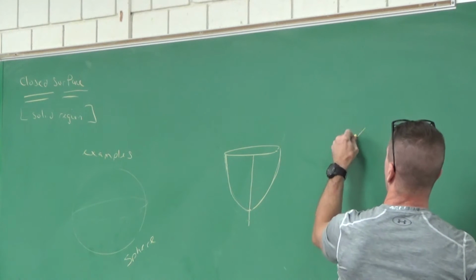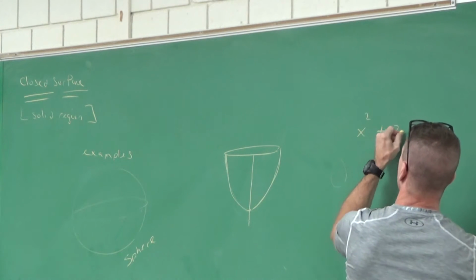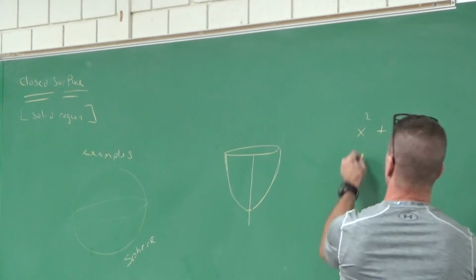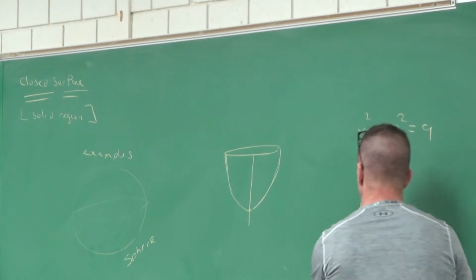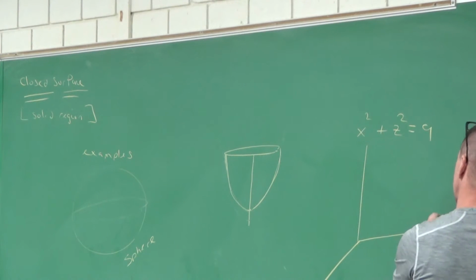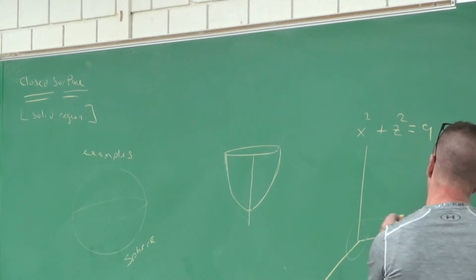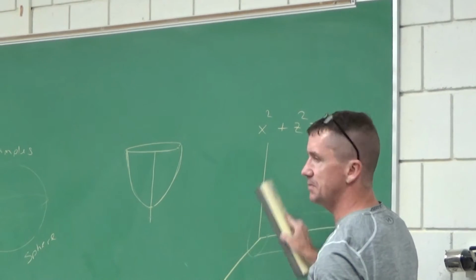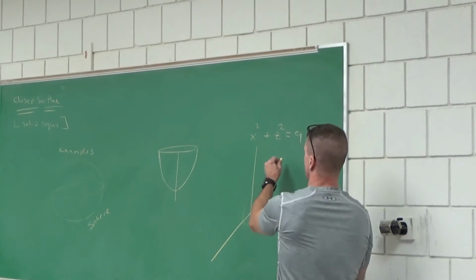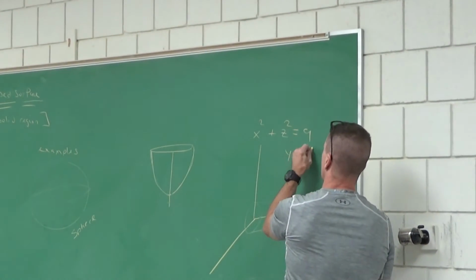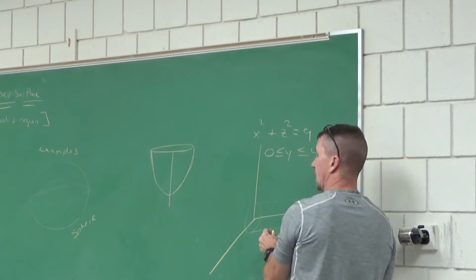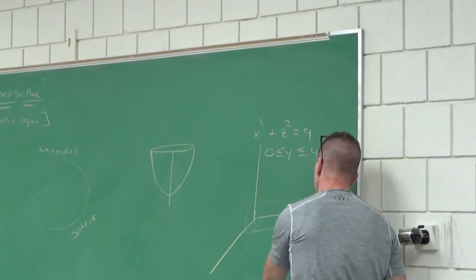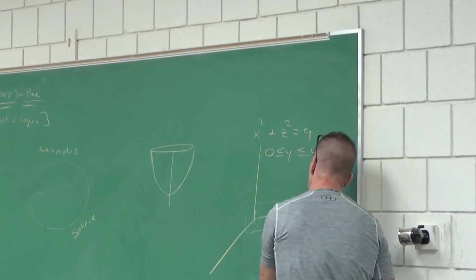And some cylinder like, how about x squared plus z squared equals 9? Think of that cylinder. Well, that cylinder would just be centered on the y-axis, right? But doesn't it go on infinitely? Doesn't it just continue on infinitely? Well, this could be a closed surface if we said only do this from, let's say, 0 to 4 for y. And then we stopped here and the closed surface would be